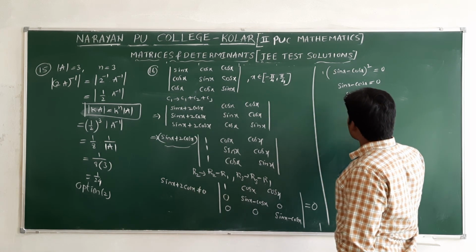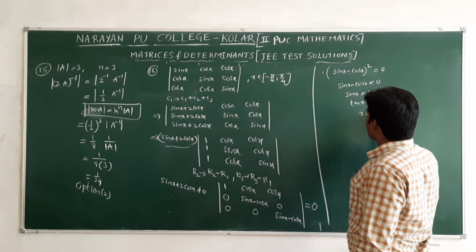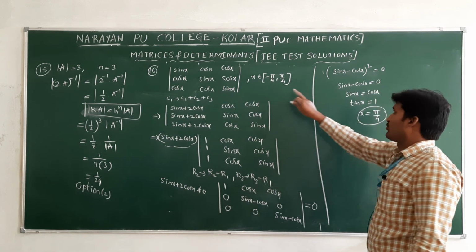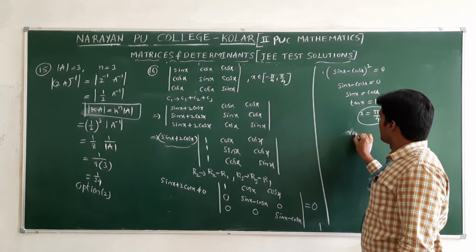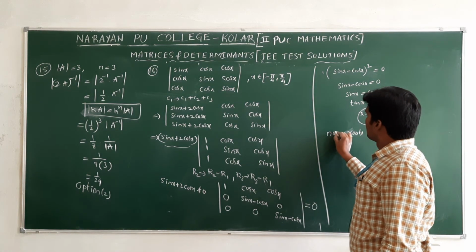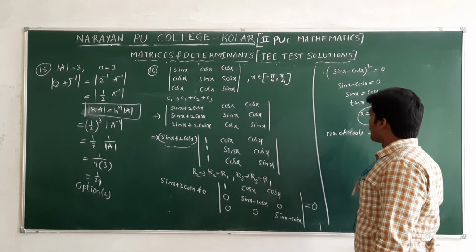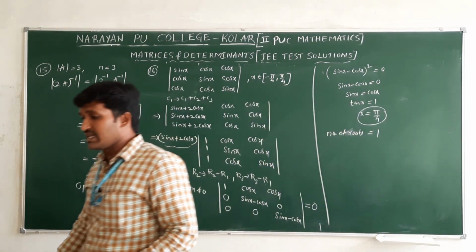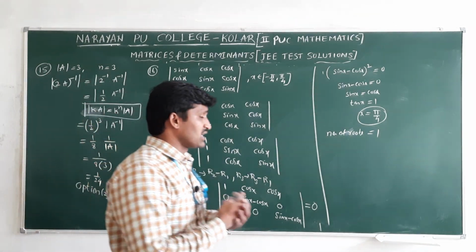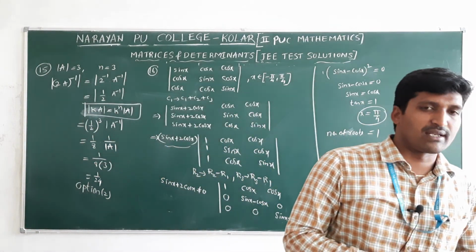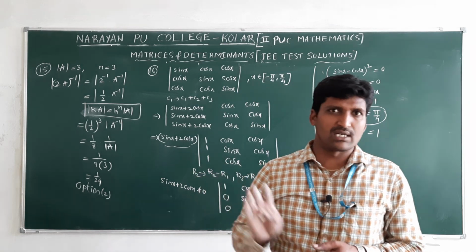From this tan x equals 1. Tan x is 1 at which angle? Only pi by 4 in this interval. That's why the number of roots is equal to only 1. That is option 2, the correct one. Now, the remaining problems from 17 to 30 are already there in the material. Verify with your material, you will get the solutions.